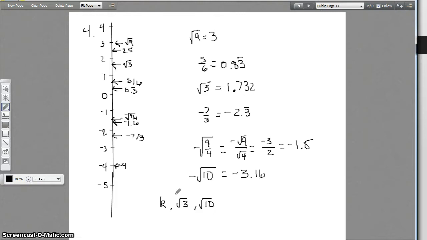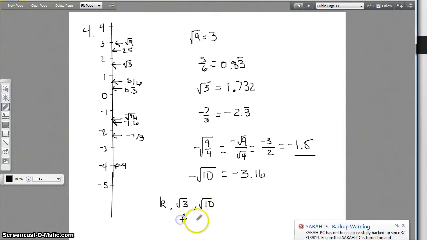Negative of the square root of 9/4, well, that actually is a rational number because 9 and 4 are both square numbers. And then we have negative of the square root of 10. That one is irrational. So our irrational numbers are square root 3 and square root 10, which were parts F